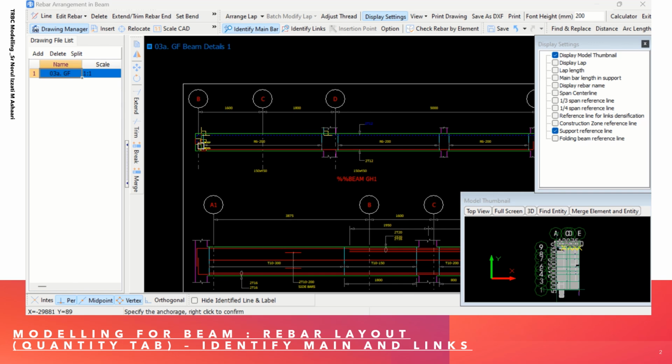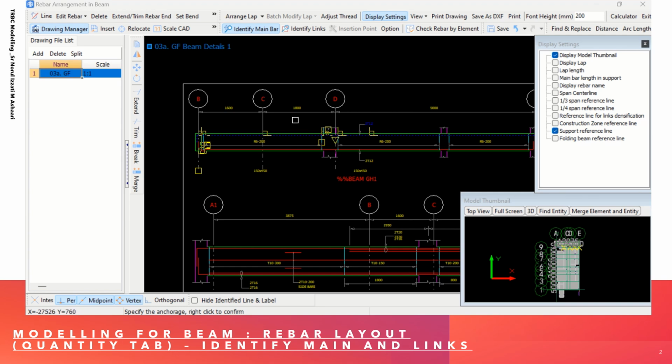Let's say you would like to measure exactly as per drawing, then you can skip this process by right click. But let's say you would like to identify the anchorage, you have to specify where the anchorage is, let's say from this point to this point, and then the bend part will be specified as the anchorage at the project setting. Okay, so for our case, we can choose to right click because we are going to follow exactly what had been measured by the engineer in the drawing.